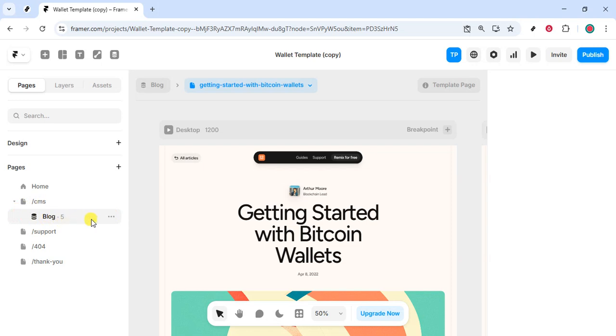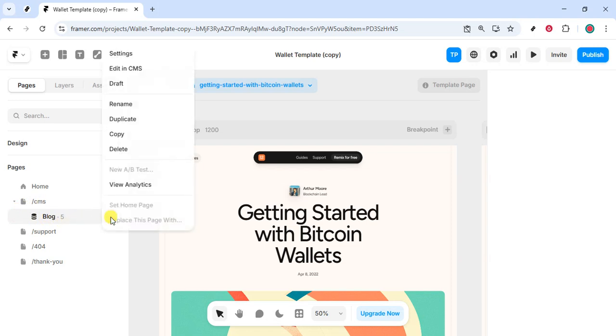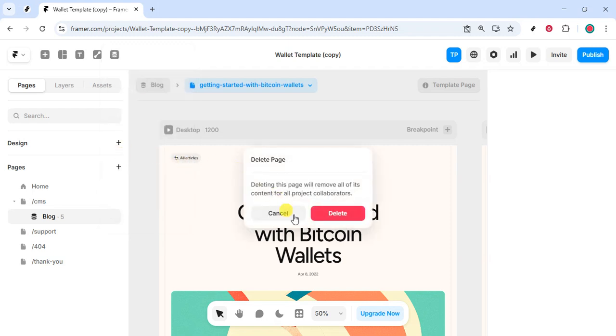Hover over that /blog route and click the three dots, sometimes called the kebab menu. This opens a context menu for actions related to that route. It's a small button, but it's the key to managing or removing the collection page that powers your CMS content. Choose Delete. Framer will remove the blog route from your Pages panel, which effectively removes the CMS-driven blog pages from